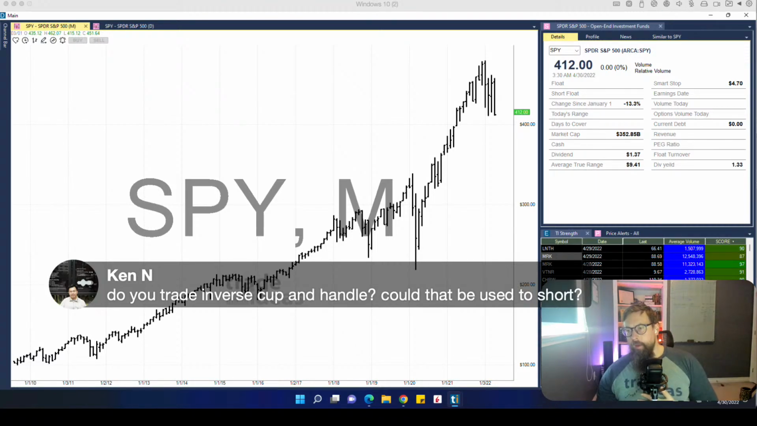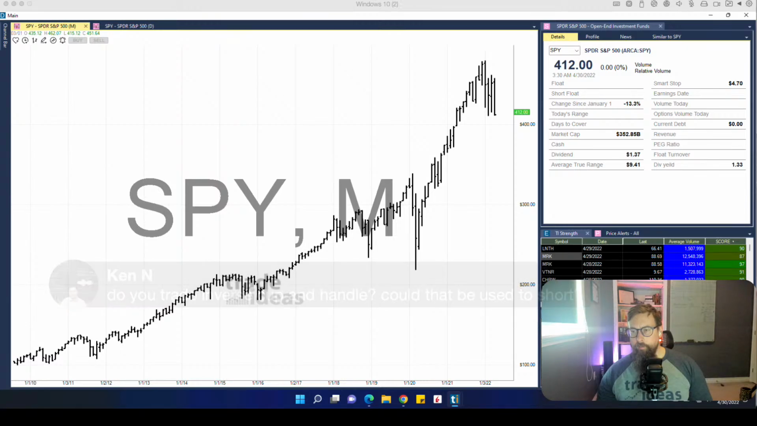Do you trade an inverse cup and handle? Could that be used short? Could be. I don't really swing short. This is something that I'll rant about for a second, but it's just something that I'm seeing so much that I feel the need